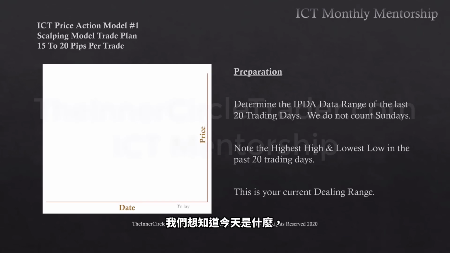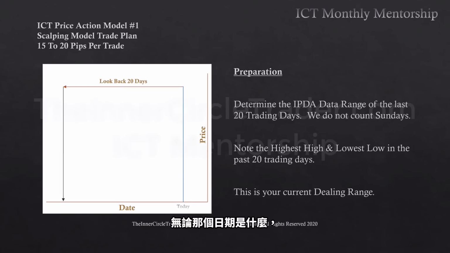So what we want to know is what today is, obviously, and then from that period, we want to look back, not counting Sundays, the last 20 trading days. So whatever that date is, we want to go back and determine what that date is. And 20 days ago, that becomes your specific current dealing range.